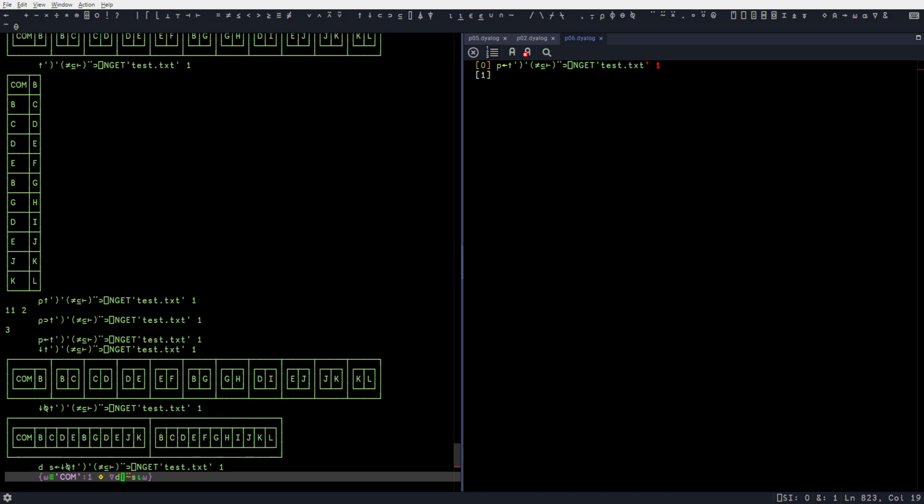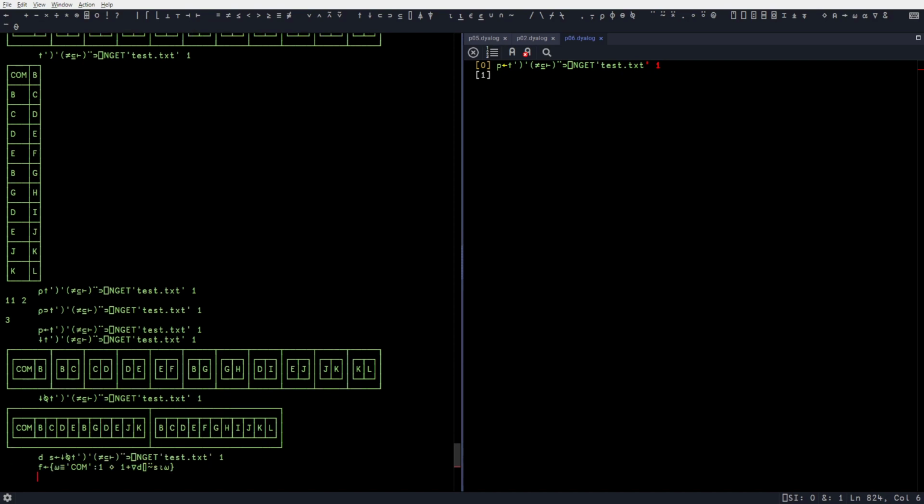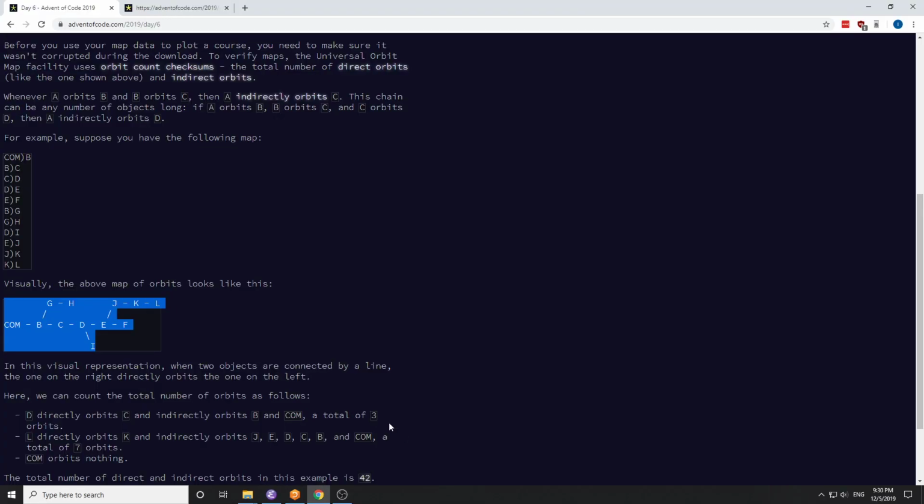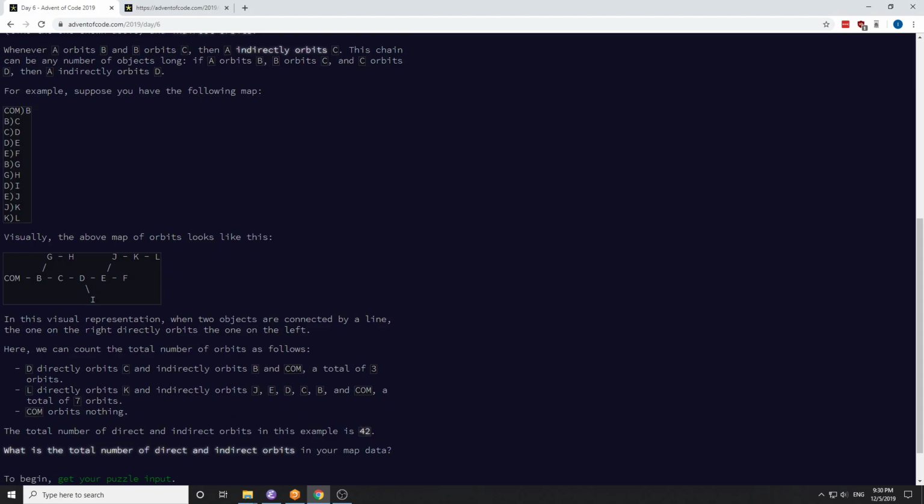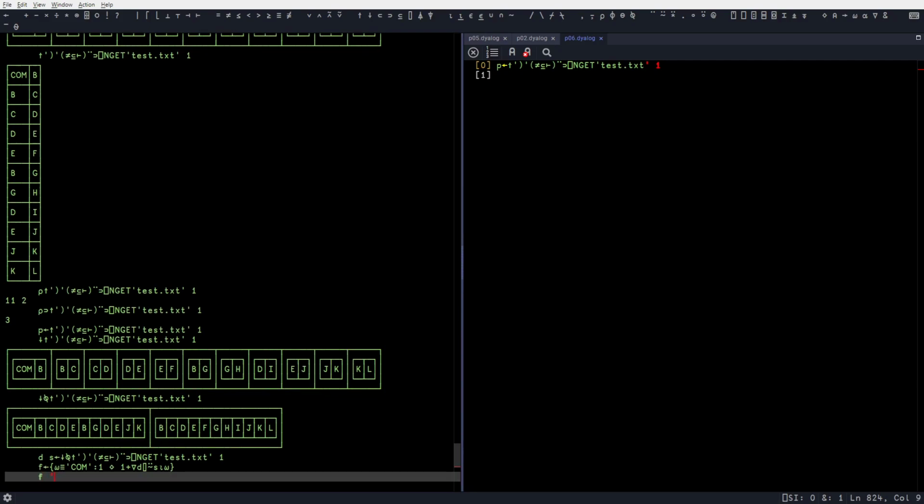And then we'll do 1 plus. We'll call this F. Okay, great. D directly orbits C and indirectly orbits B and COM, a total of 3 orbits. So if we take F of D,